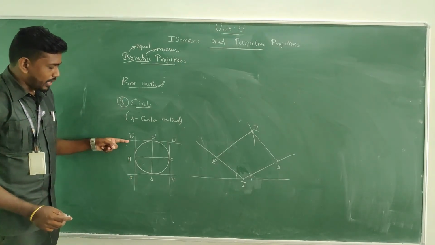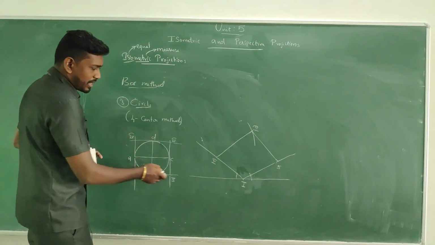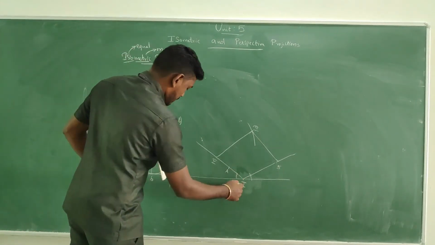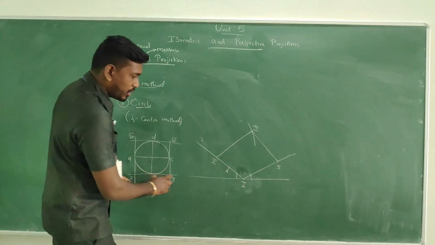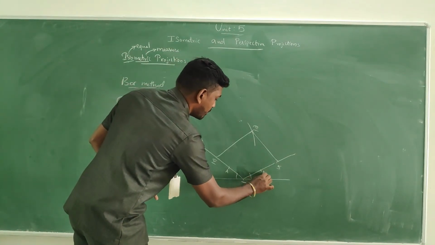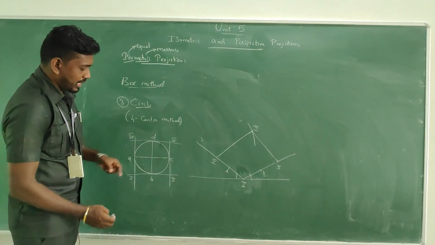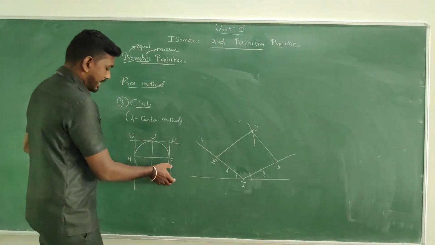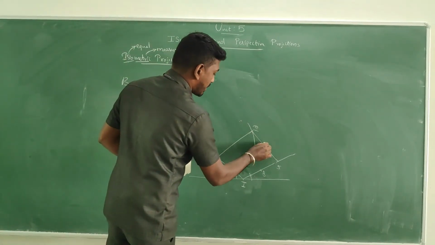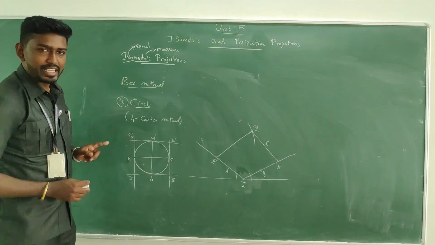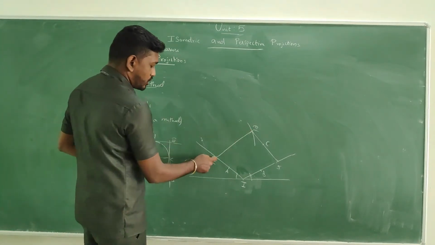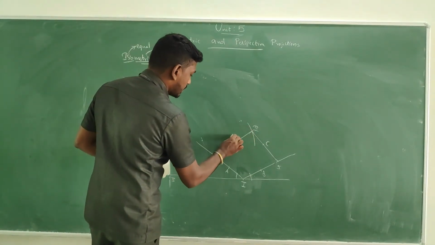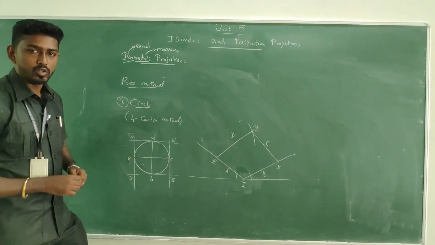It is an easy one, the same as the previous. Where is A? Between 1 and 4. Take the measurement and transfer it. You get A. Where is B? Between 1 and 2. Take the measurement from 1 to B, and keeping at 1, make the B point. And then C. Where is it? Between 2 to 3. Take the measurement 2 to C, and make a cut mark. This will be C. Then where is D? It is between 3 to 4. Take the measurement 3 to D and make a cut mark. This would be D.